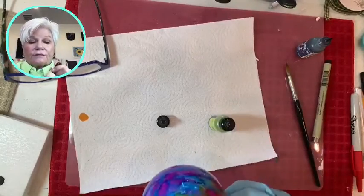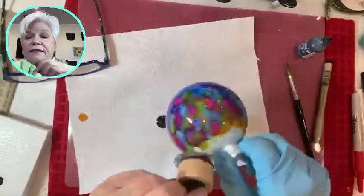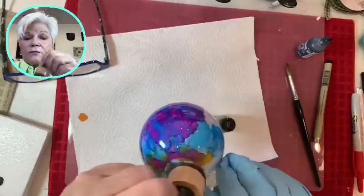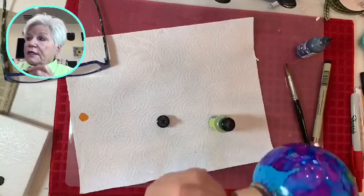So wow. Now I'll just have to see at the end of this if I feel like they need to be sprayed to be made shinier. We'll just see. But it doesn't look like it. I think I like...